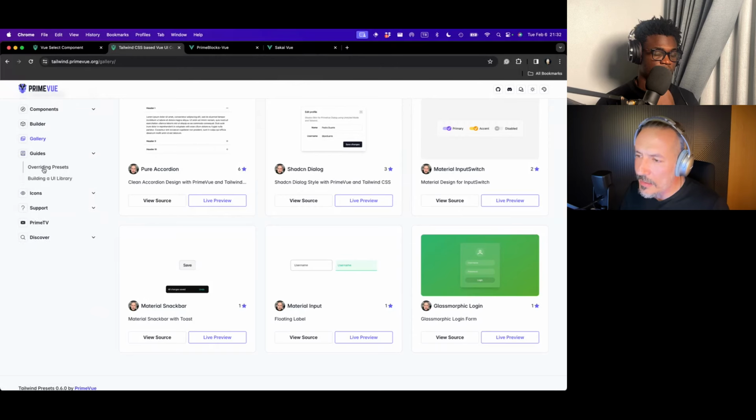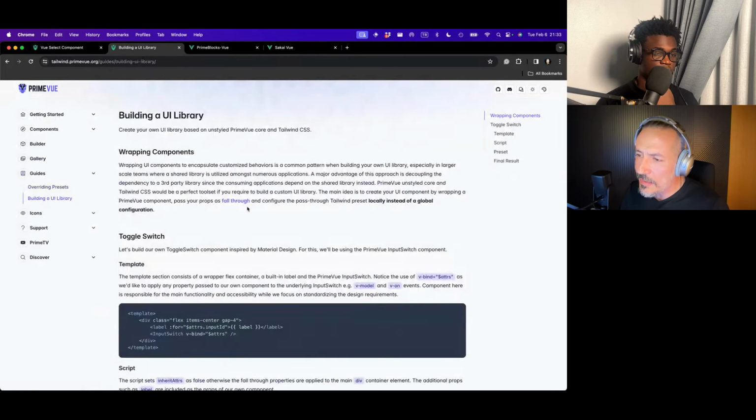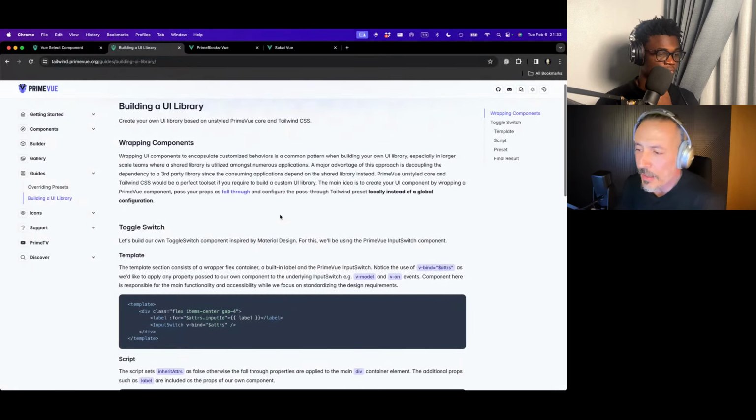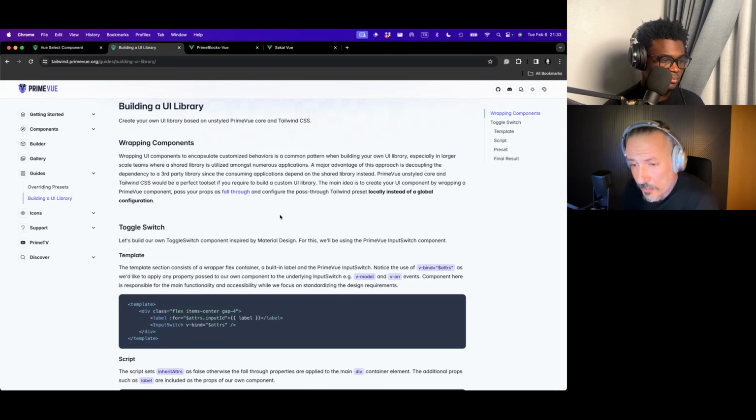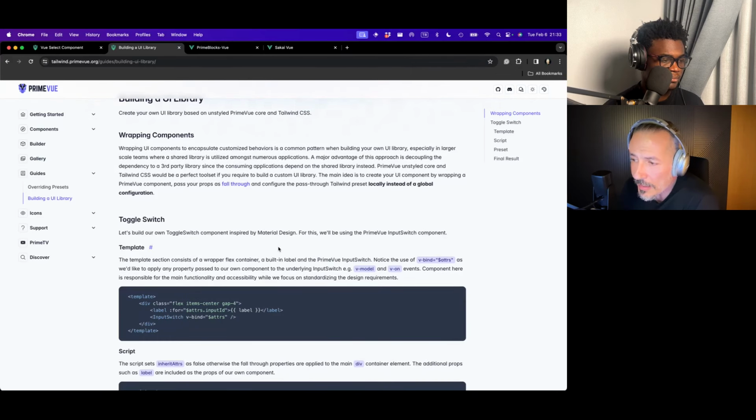And finally, building a UI library. So that's the topic I'd like to talk about finally before wrapping up. So this is a common approach that I see. People don't want to use a third-party library most of the time. Maybe they just want to build their own, but at some point it becomes tedious work, not because they're not able to do it. They can do it, but they need resources, they need time, they need to do accessibility, styling,